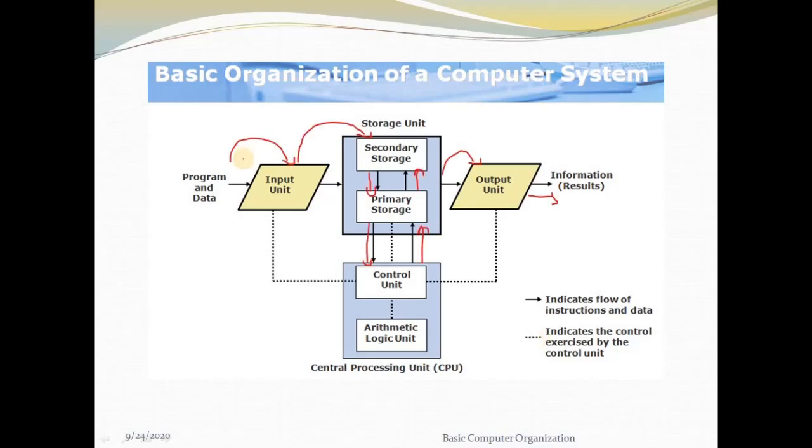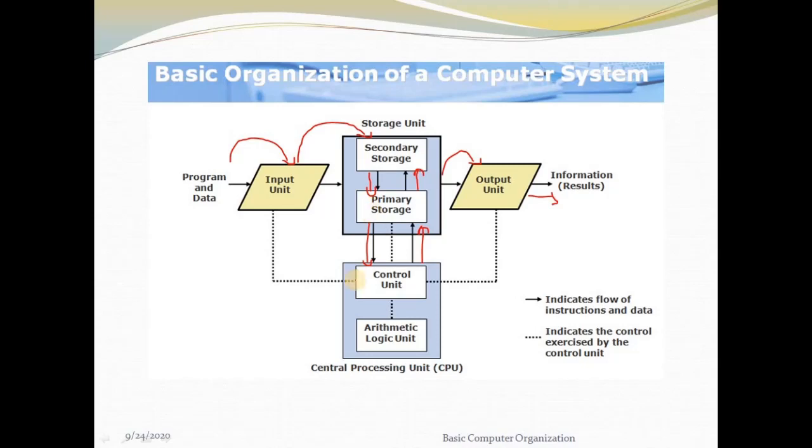Now let us understand the working of the computer system in brief first, and then we'll discuss in detail. First and foremost thing that we have is the inputting. The program, data and instructions will be given into the input unit. Through the input unit, the data will be transferred to the storing, because the second functionality is storing. The data will be stored in the secondary storage device like our hard disk, and when we want to execute it, or run the program, we require this primary storage.